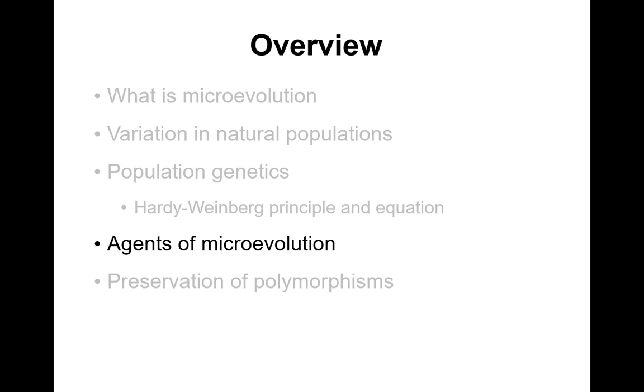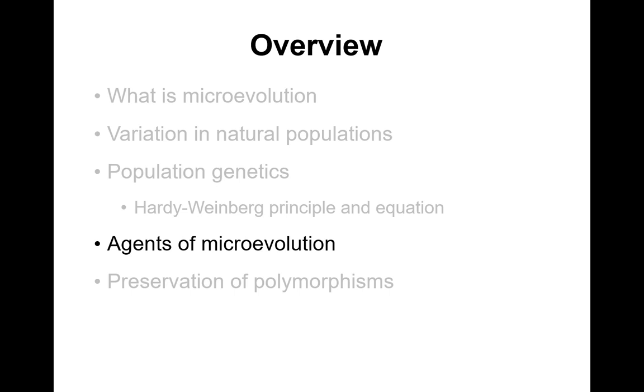All right, we talked about what microevolution is. We talked about the different types of variation, quantitative or qualitative, that you can find in natural populations, and which ones are genetic or environmental, and how you can figure that out. And finally, we talked about some population genetics, and in particular, we focused on the Hardy-Weinberg principle and